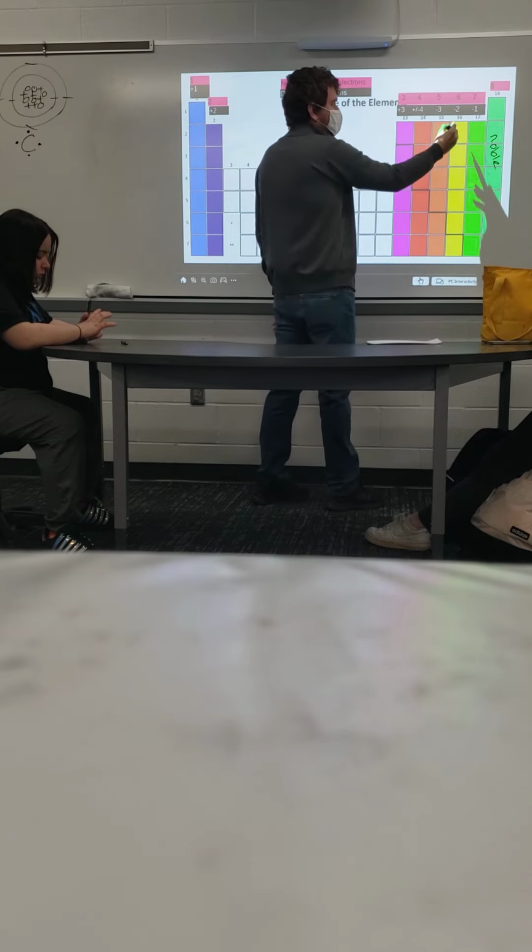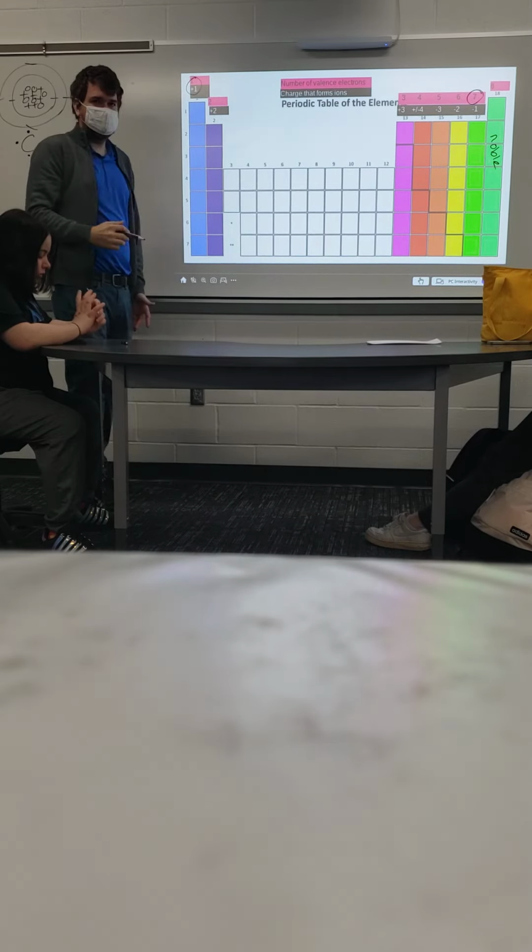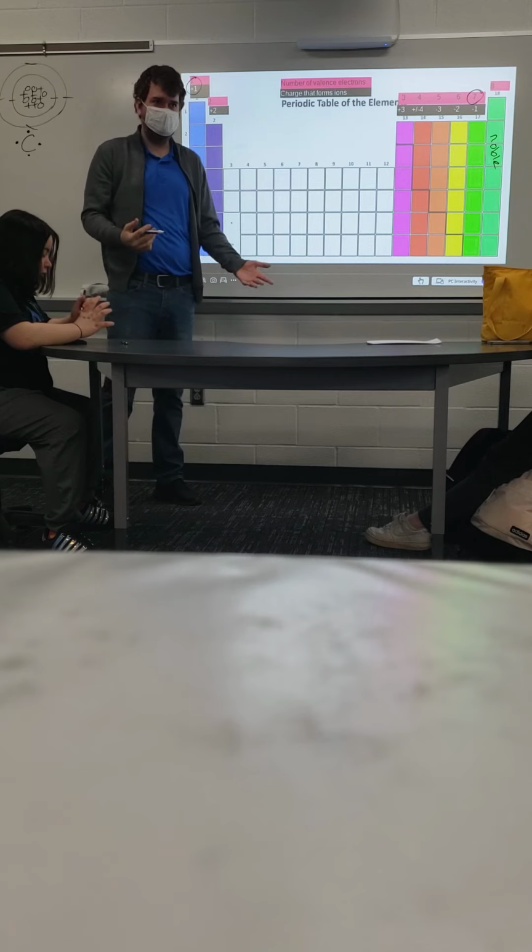The ones that tend to bond the most are row 7 and row 1, because it's easiest to gain or lose just 1 electron. That's all they want